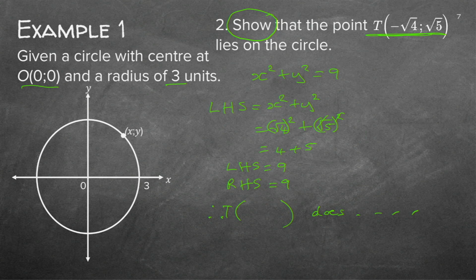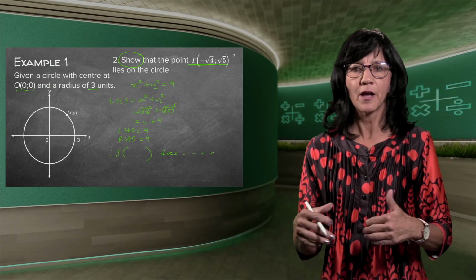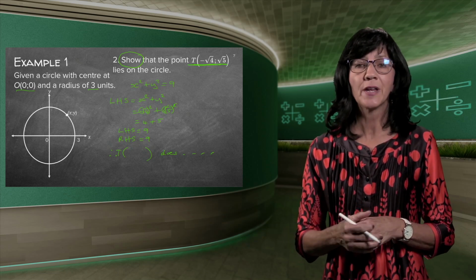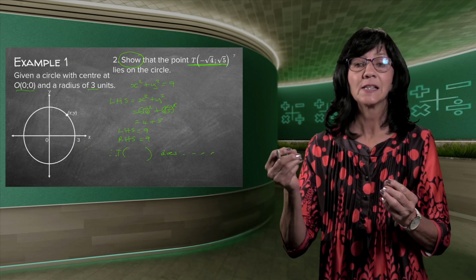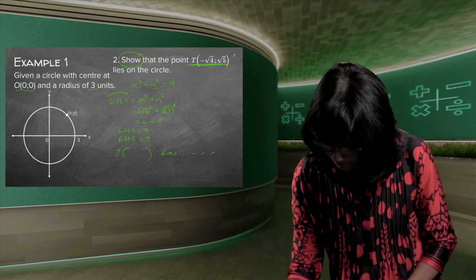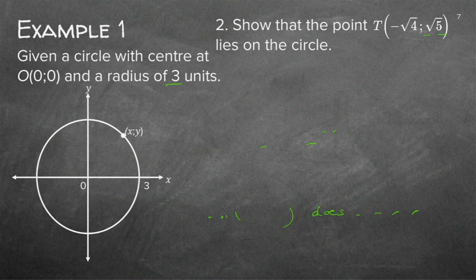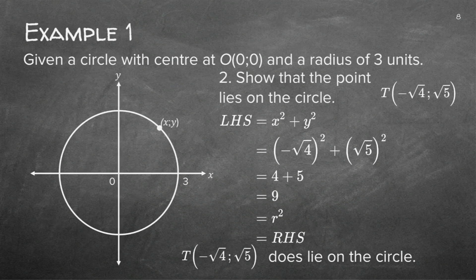Just answer your final question. They asked you, does it lie on the circle? Then you just say, that point does lie on the circle. And how did you know that? You tested each side separately. So very important that you do one side at a time. Good. So you're going to go and redo it. After you've redone it, you will see there's the answer.